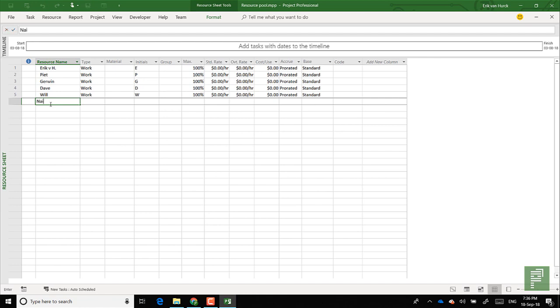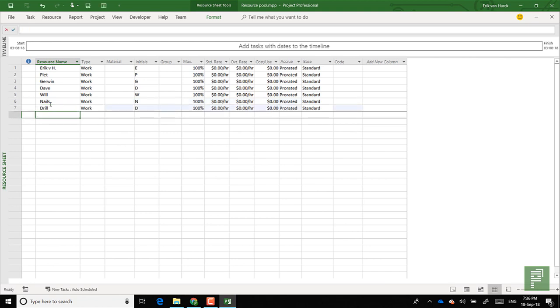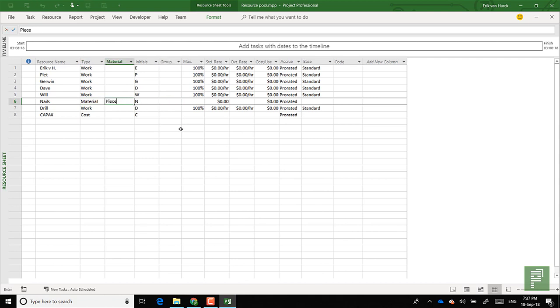So nails could be equipment, drill could be a machine, and we can have capex as being costs. So let's change the values here. Drill is actually being associated as a work resource because when you use the drill, it will consume time as well as costs. And nails has a different value. So pieces is the material. And we can also add standard rates such as